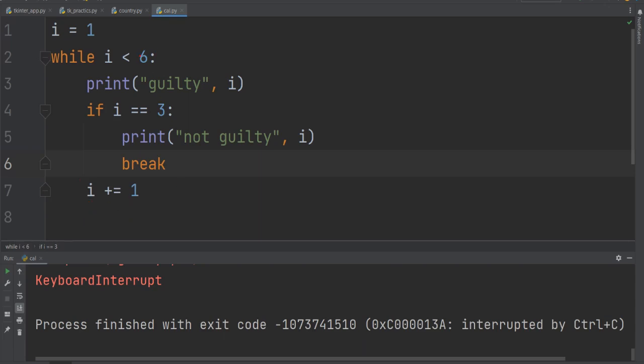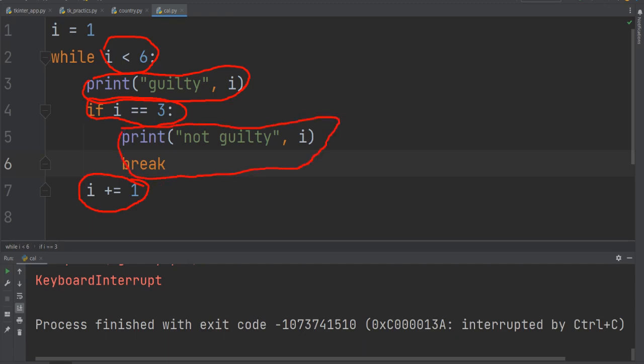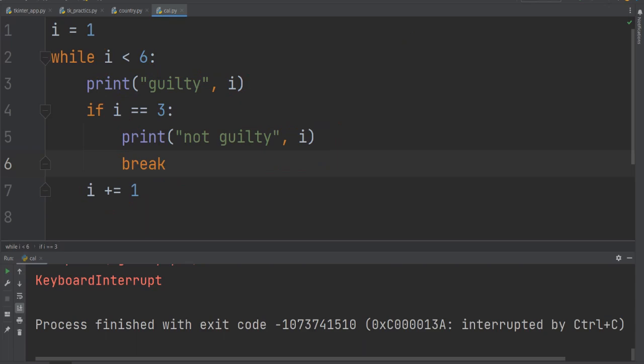Now if I run the program, what happens is, as I have already explained, it will check this value. If this is true, then it will print you are guilty and remain here. Then you use the if statement to check if this value here is true. If this value is not true, then it will come down here and add 1 to it until this value is true, and then this block of code will be executed. So now if I run this program,